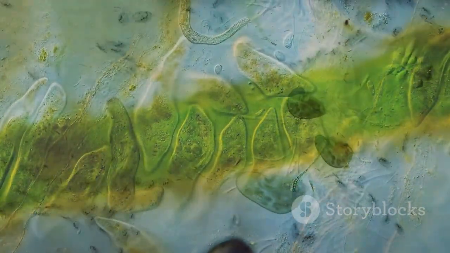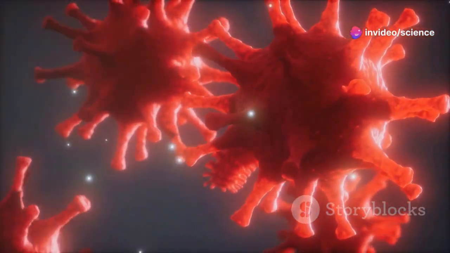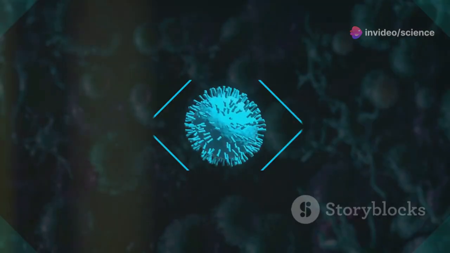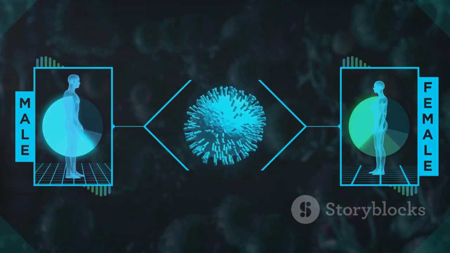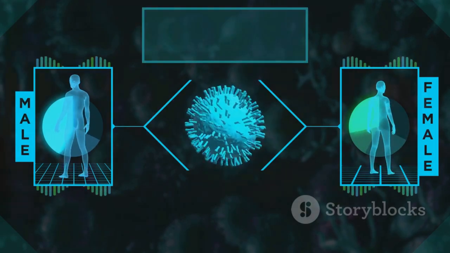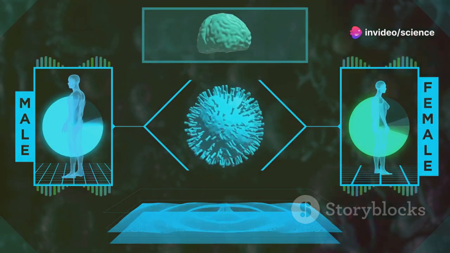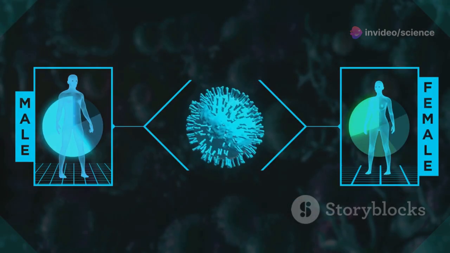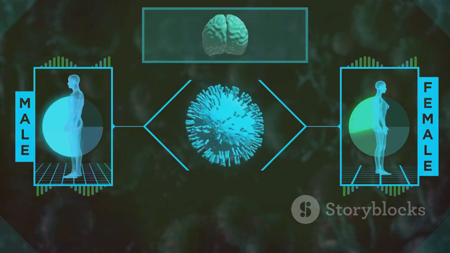Section 10. Antiviral treatments targeting the Achilles heel. Antiviral drugs are specifically designed to target different stages of the viral life cycle. Some antiviral drugs, like acyclovir, which is used to treat herpes simplex virus infections, work by inhibiting viral DNA polymerase, the enzyme responsible for replicating the viral DNA. Other antiviral drugs, like oseltamivir, which is used to treat influenza, target viral neuraminidase, the enzyme that helps the virus